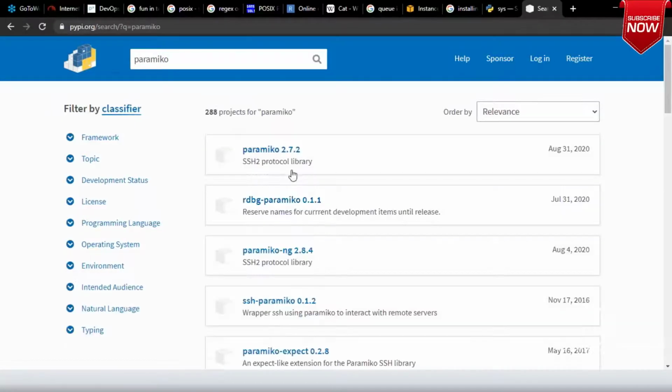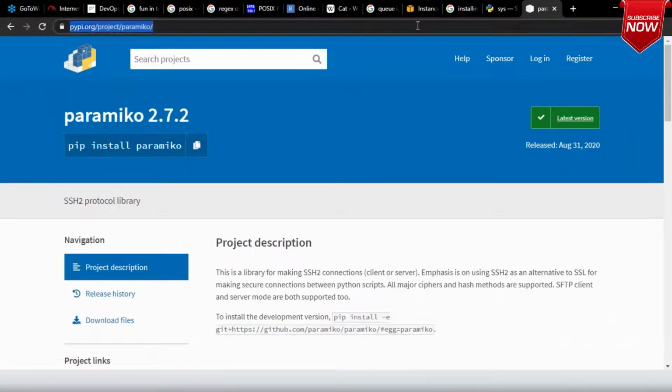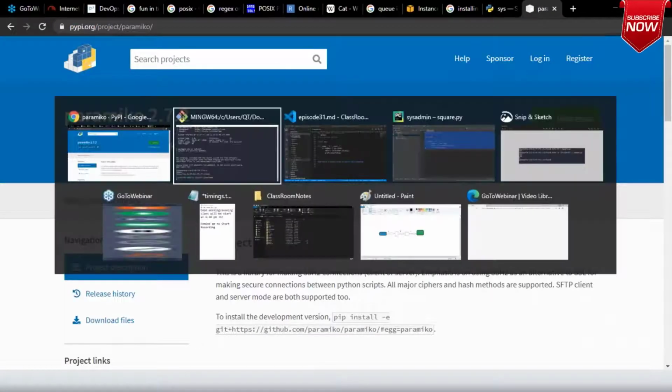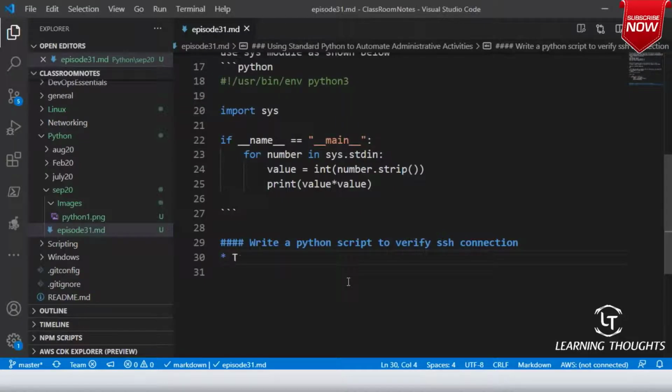I missed it. So are you seeing this Paramiko library? To connect using SSH, let's use the Paramiko library over here.